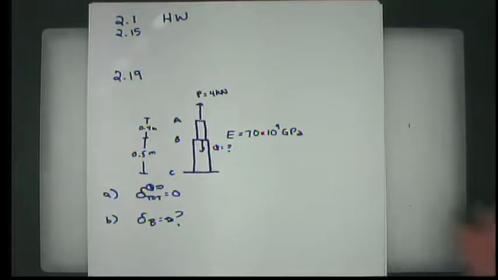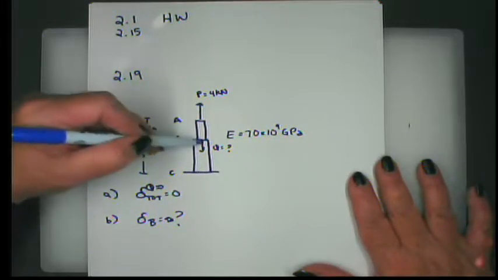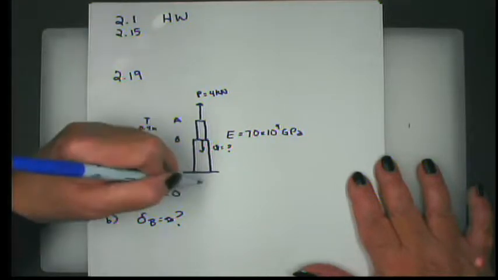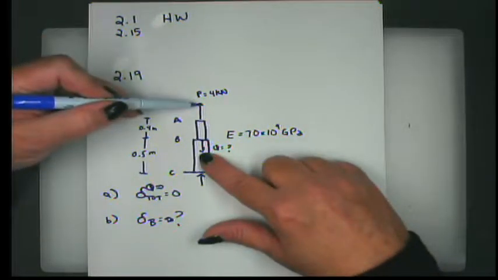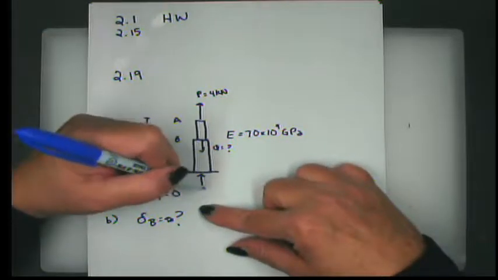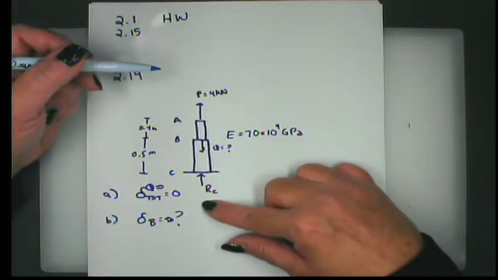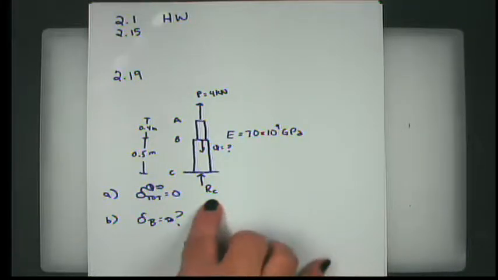All right, well, here's what we know. We know that if we pull on it with 4 kilonewtons and we pull down with some unknown force Q, that the floor is going to react, if Q is greater than 4, the reaction at point C will be upward. If it were less than 4, it would react downward, wouldn't it? We don't really know right now. However,